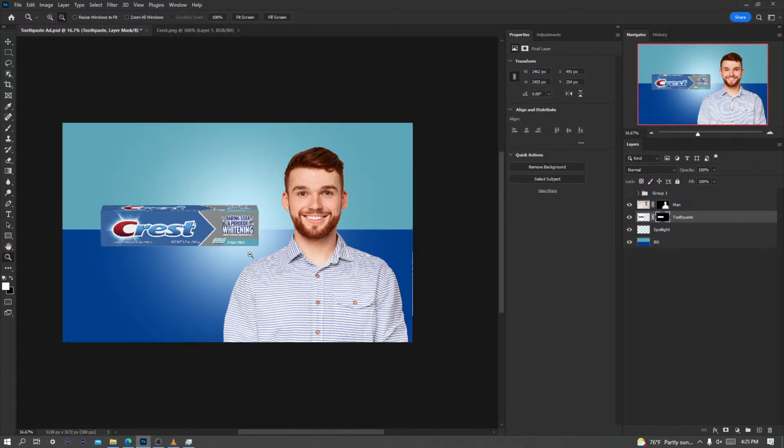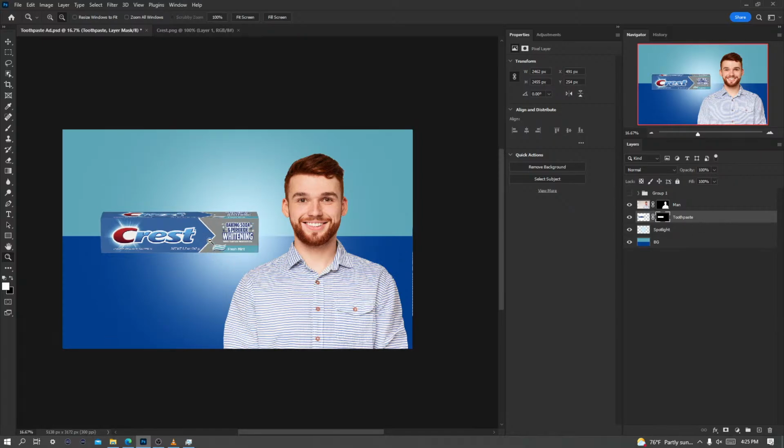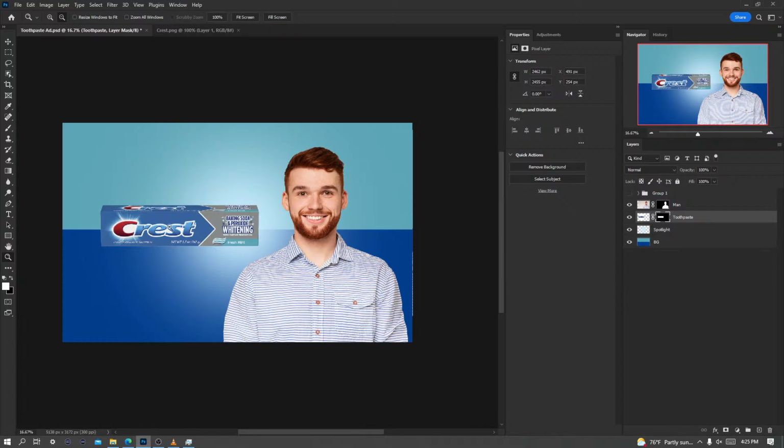All right, so it's off to a pretty good start. All right, and so it's looking a little flat, especially with the crest laying over to these two colors, still looking pretty flat. So we're gonna add a little bit more dimension via a layer style. We won't get too deep into them, but we're just gonna add a drop shadow. So in order to add a drop shadow layer style, we just need to double click this toothpaste